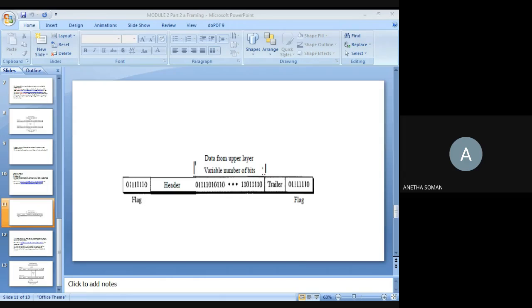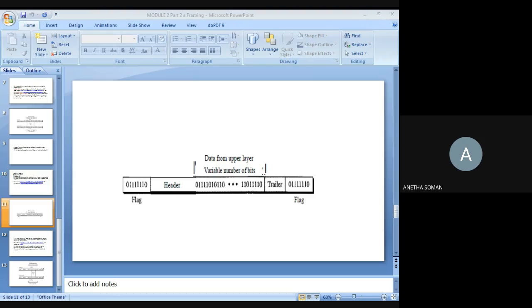It is responsible for moving frames from one hop to the next.